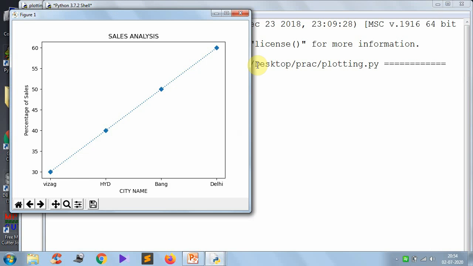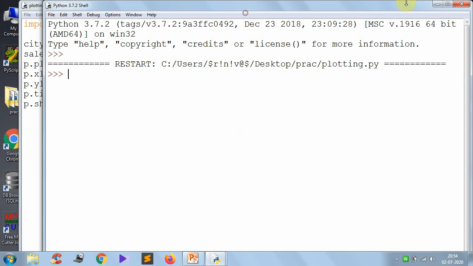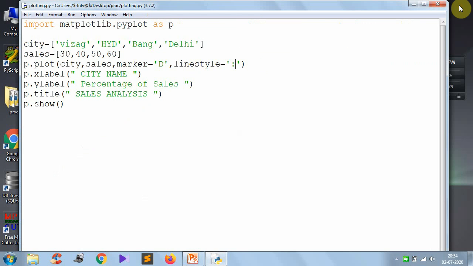So this is the way you can plot the charts by using different styles. These are some different parameters which can be used while plotting the lines. Suppose I kept line style like this, and again I came back to the same data as earlier, 90, 70 and 50, like this.